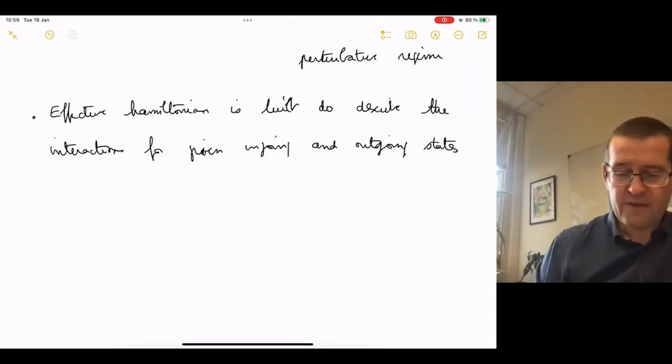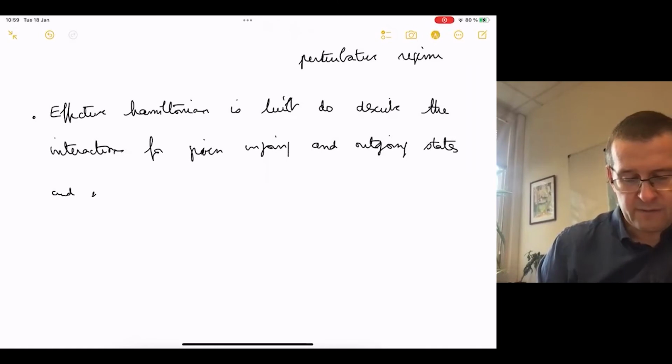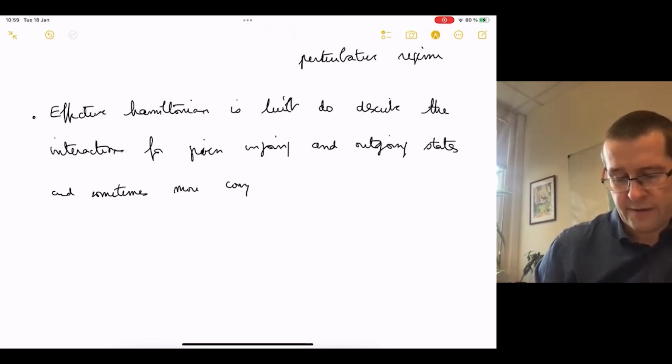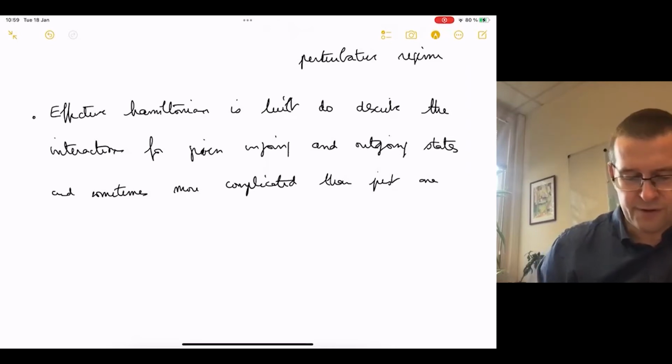Sometimes it's more complicated than just one or two 4-quark